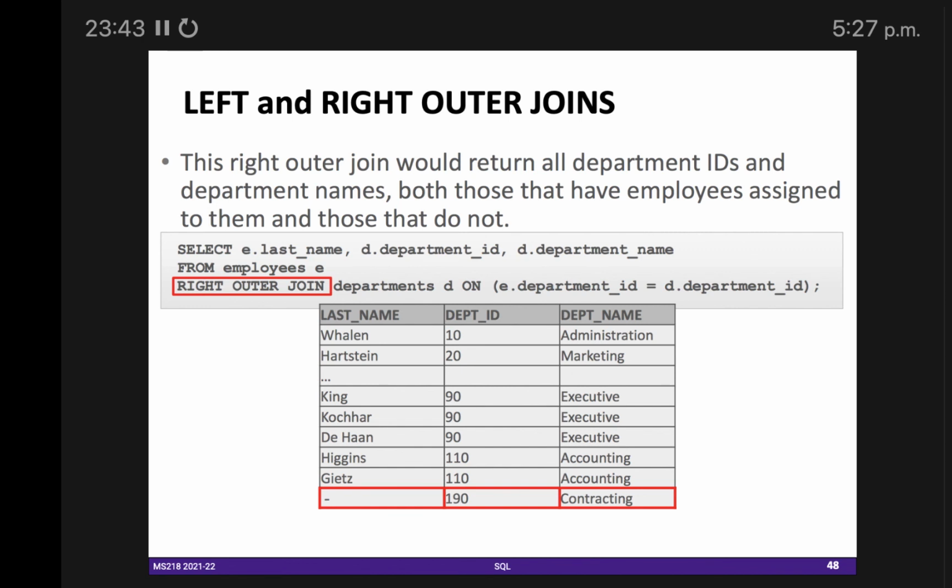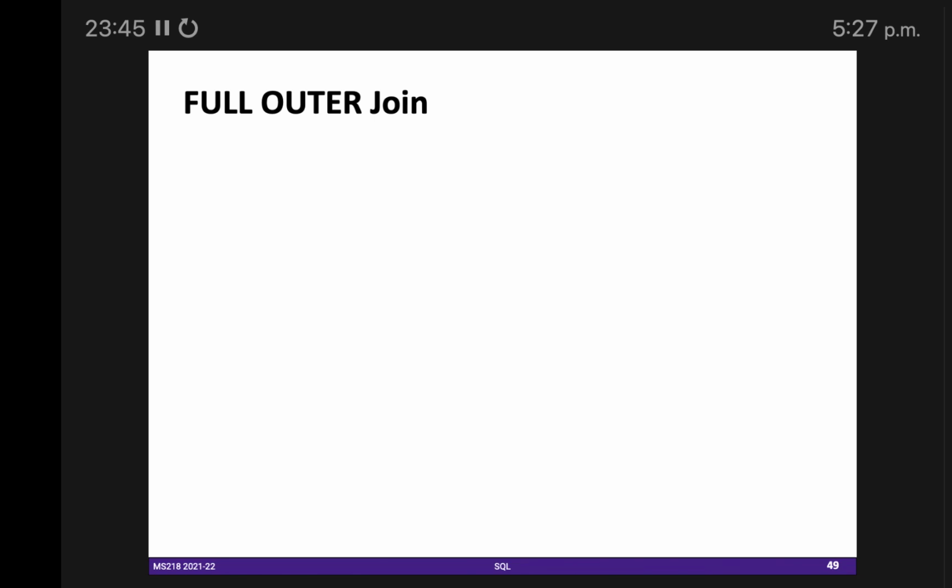And if we execute full outer join, it will bring all matched rows, all non-matched left side rows, and all non-matched right side rows. So three things. Okay. Inner joins can only bring one thing, matched rows.